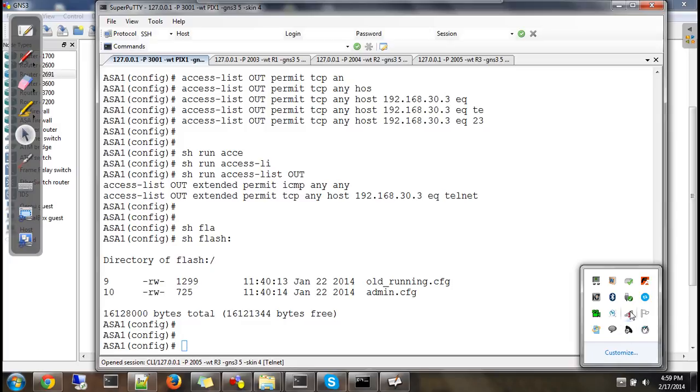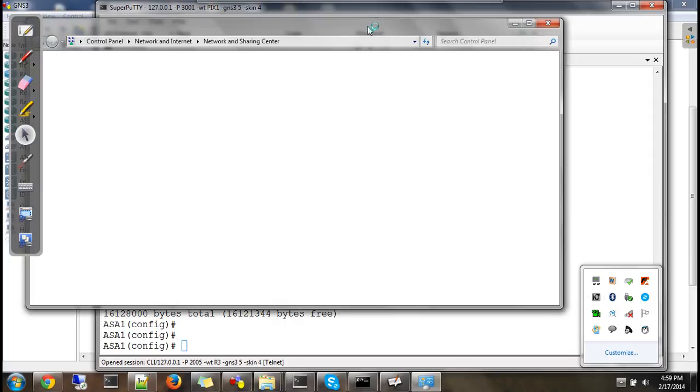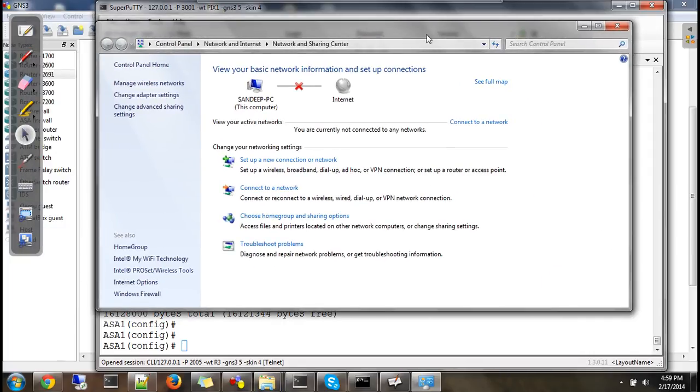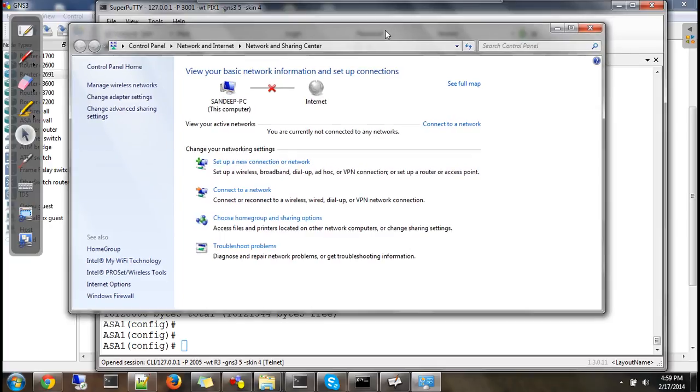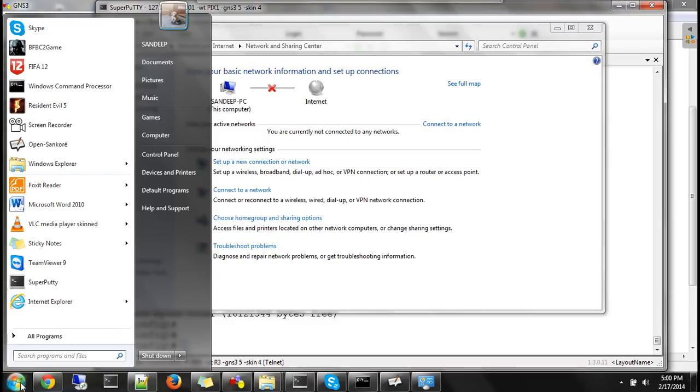Then go to open network sharing. For this, the very first thing you need to do is create a loopback adapter, a Microsoft loopback adapter. For this, you come to start, come to my computer, right click on my computer, come to manage.